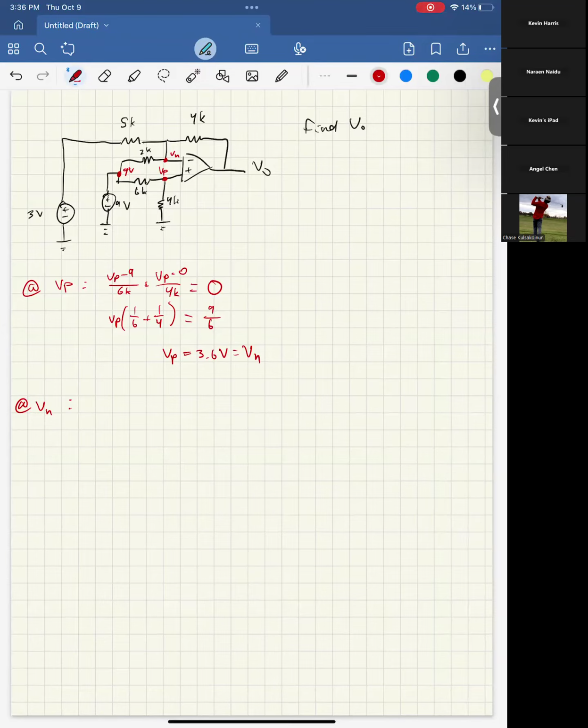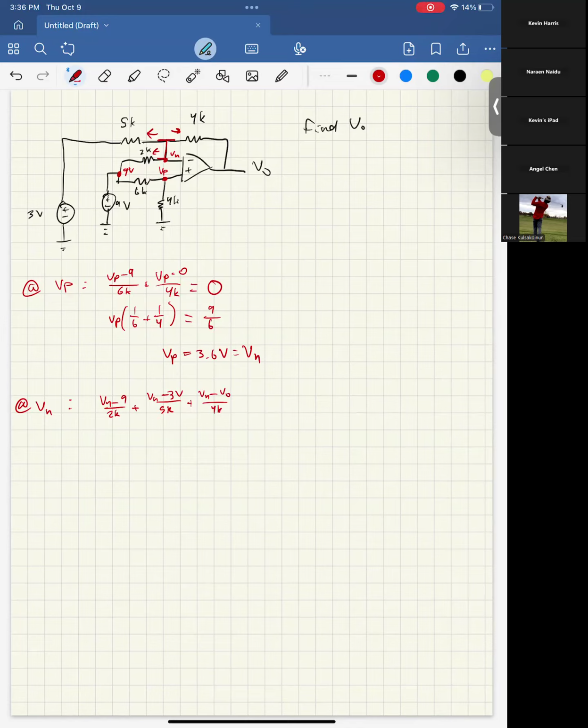And if we look, Vn is all of this, right? So we're going to have 3 parts to this equation. We're going to have the 5K, the 2K, and the 4K. You have to make sure you look at all of them because since this is all one wire, this is all Vn. So it's going to be 3 terms. So we get (Vn minus 9) over 2K plus (Vn minus 3 volts) over 5K plus (Vn minus V out)